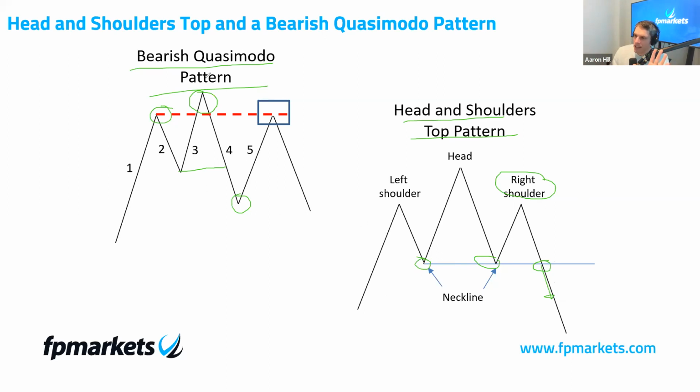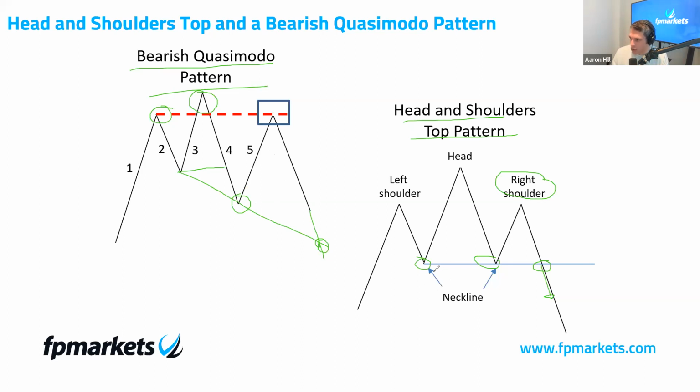So if you're going to compare these two patterns, you would have to wait for this right shoulder to form. But then look, because we require a lower low with the bearish Quasimodo pattern, your neckline is going to be in a very unfavorable position, because price is going to have to continue all the way down here before we get our entry signal. So it's just not viable. That's the main difference for me between the two patterns.